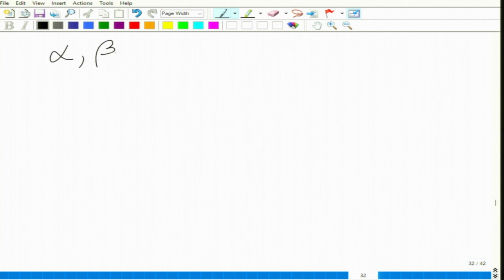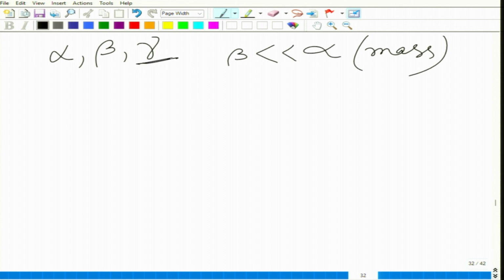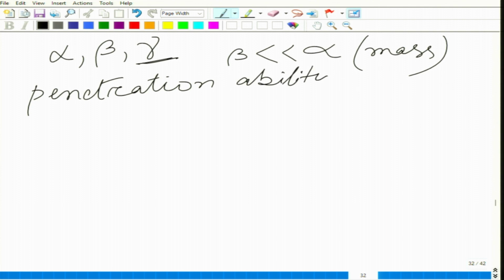Okay, now we have these three particles, alpha, beta and gamma. The beta particles are of course very lighter than alpha particle by mass. Gamma rays are of course not particles, and for the penetration ability, gamma rays are higher. Gamma rays have the highest penetration ability, followed by the beta ray and then alpha. Okay, so after we have studied about the difference of alpha, beta and gamma rays, now we will talk about